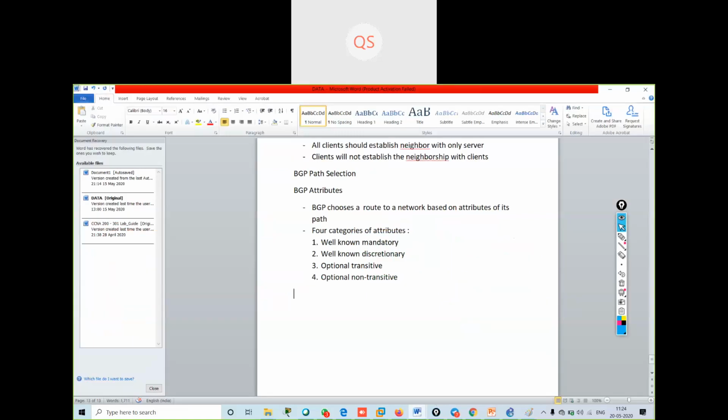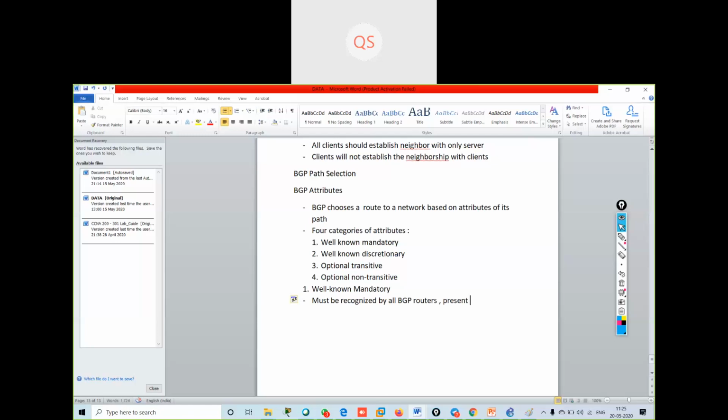The first one is well-known mandatory. So what is well-known mandatory? It must be recognized by all BGP routers.